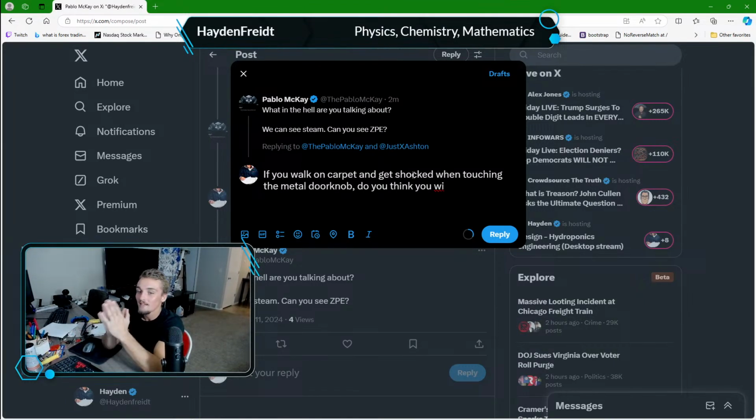It's almost like I need to make an analogy to electromagnetic induction, because you can't see that. You can't see that, but you can see electric discharge. But you don't know of the electric fields, though. If you walk on carpet and get shocked when touching the metal doorknob,